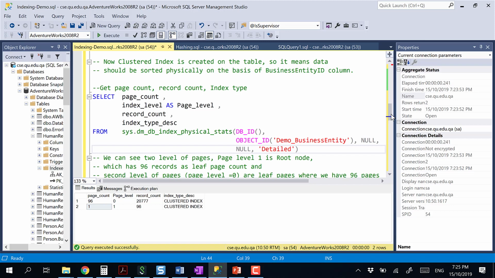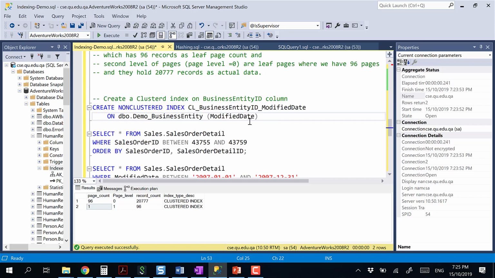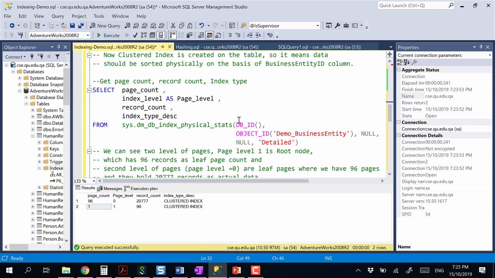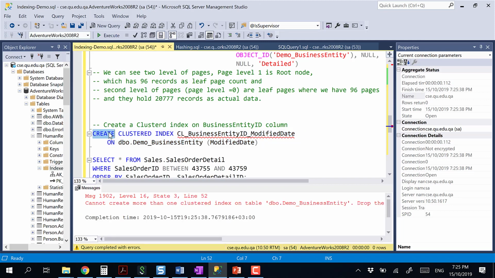Now, let me show you a covering index. Okay, here is how a covering index looks. All right, here it is. No, before I do that, sorry, let me first create another index. Remember here, I created this clustered index on the business entity ID. And here I want to create a non-clustered index. By the way, if I try to do create clustered index, sorry, let me first drop this index. I think I created this before, so let me just drop it. Does not exist, okay. Create clustered